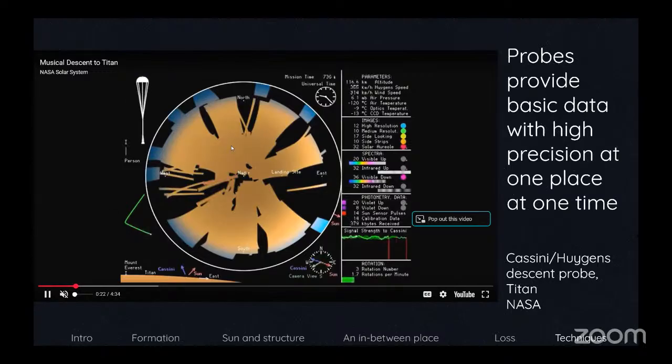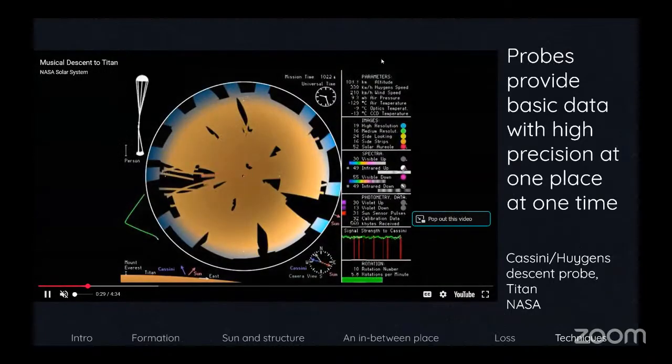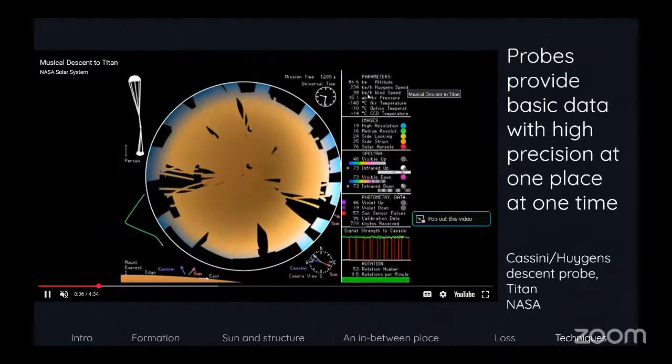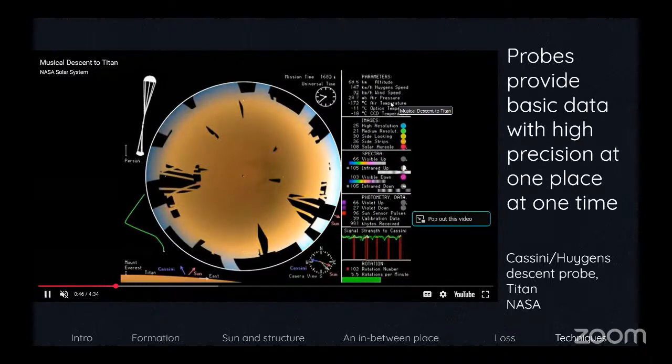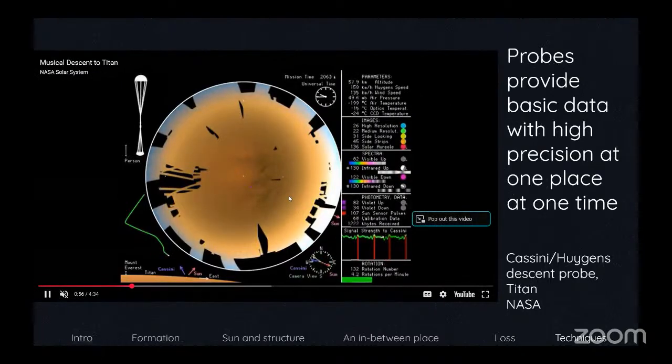Okay. Anyway, so this is sort of the view down towards the planet. They had a camera on the descent probe, and you can see a little cartoon of it here. And if you look on the top left, hopefully you can see it, it's a little small, and I keep not being able to full screen it, but this is showing the actual data being recorded by the sensors on the probe as it goes down. So this is recording the altitude that the probe is at, how fast it's moving, what the wind speed is, where it is, air pressure, air temperature, and various other parameters about the probe.